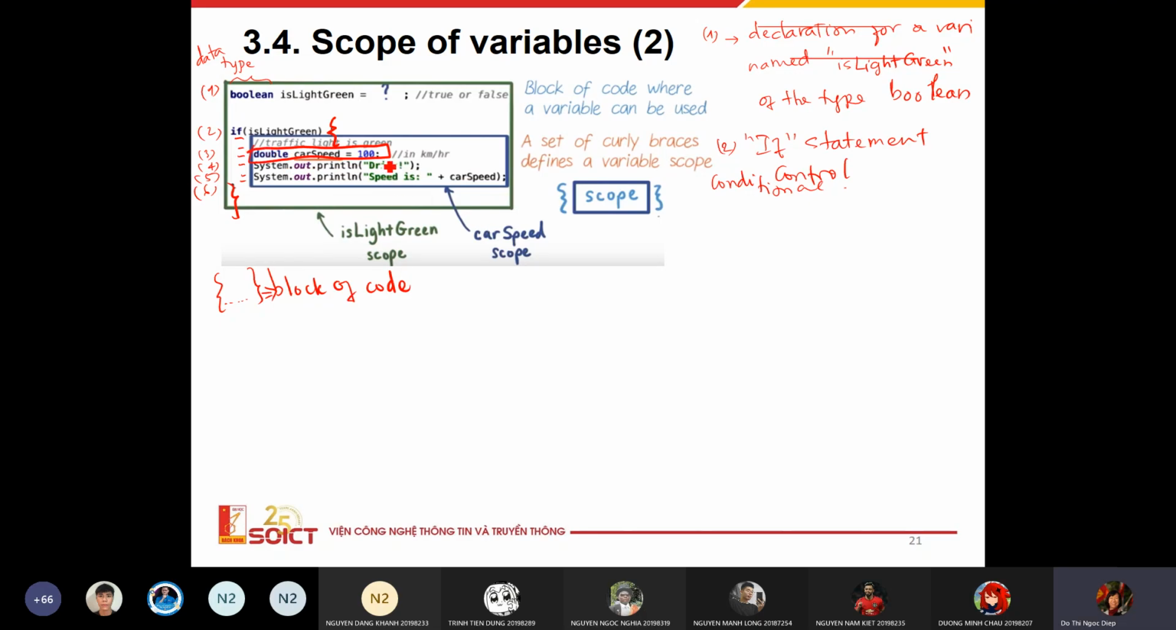This one is a declaration also for a new variable name car speed. Okay, and then you do something with this car speed. Okay, you assign the value 100 and you do something, and the scope of a variable is start